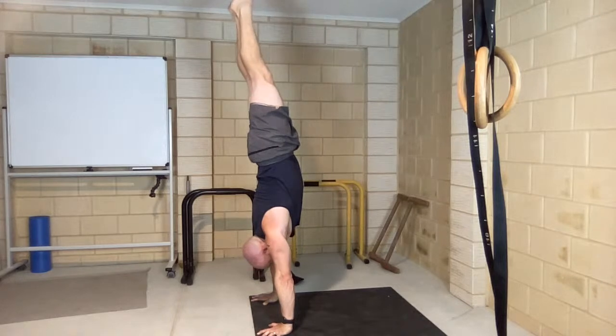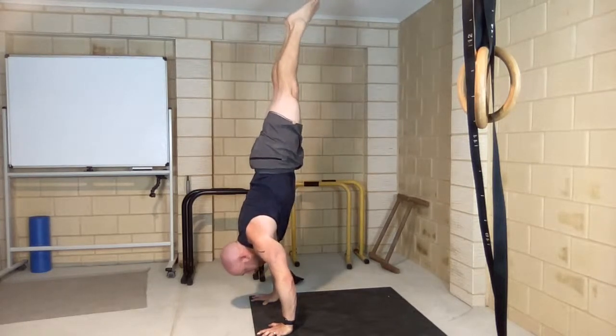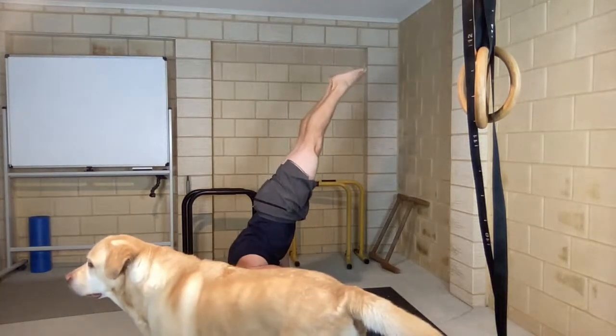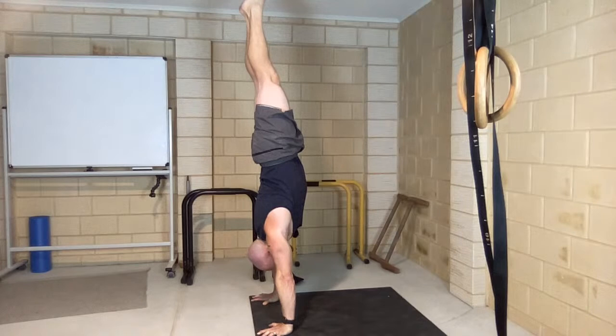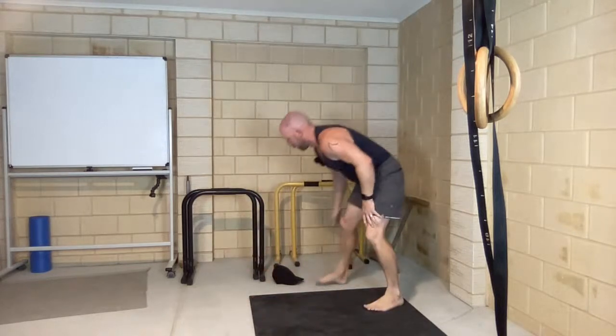So that straight body line position, shoulders come forwards, feet come backwards, elbows come in. I'm going to kiss the floor with the head. So there, and then back up, same thing in reverse. So the shoulders go back open to that straight position. Yeah, perfect. All right. So again, if you're doing that up against the wall, we want to try and have